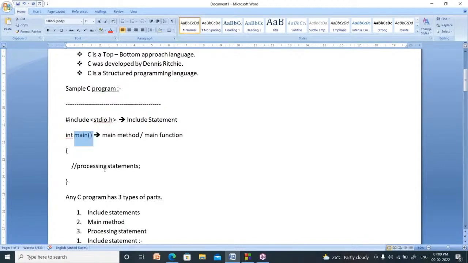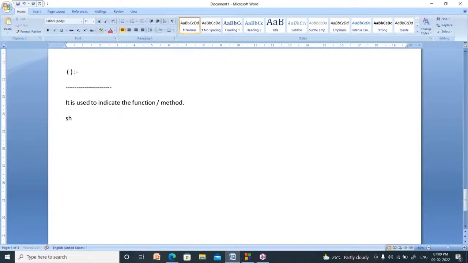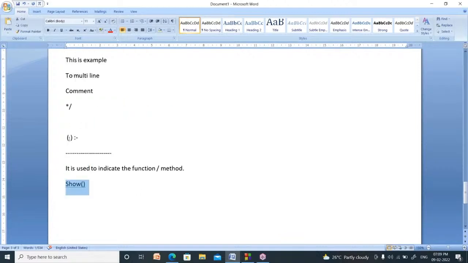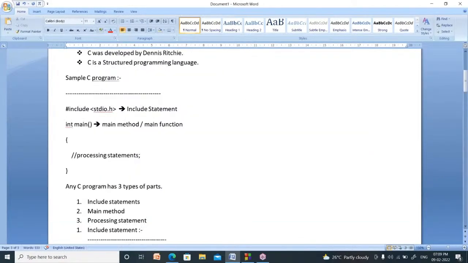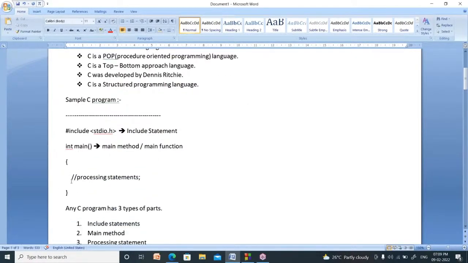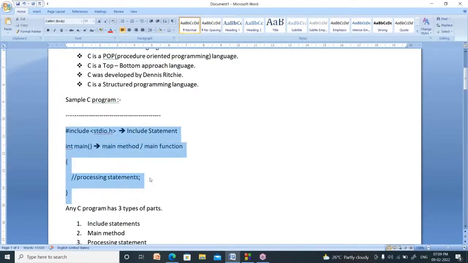If you write like this, show, and then use the round brackets, it is called the show function. The function name is show. So it is the symbol of a function. This is about the main program or sample C program, right?